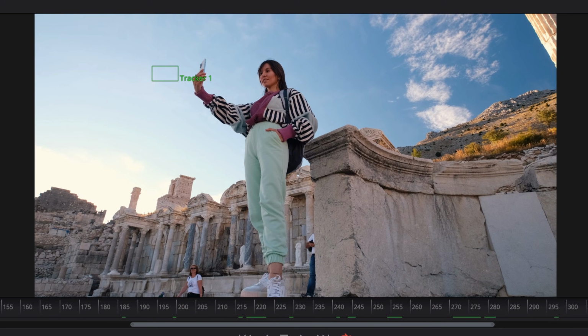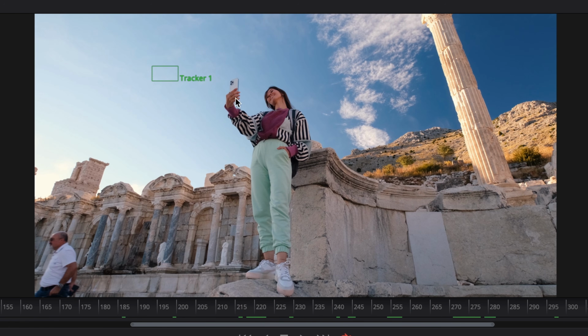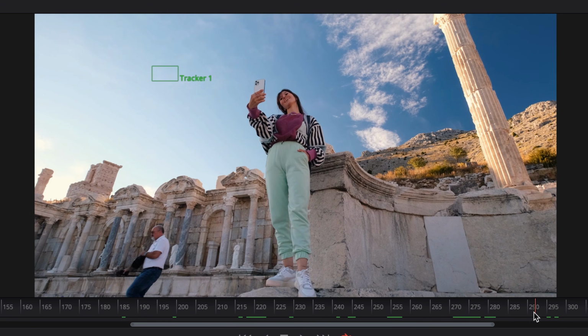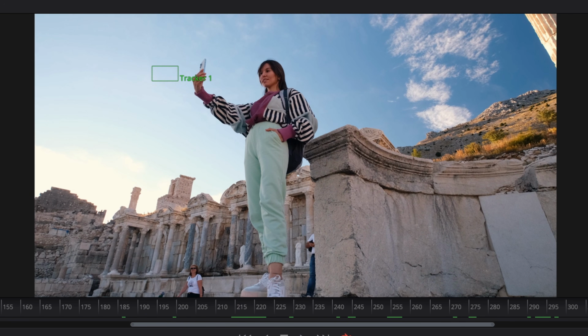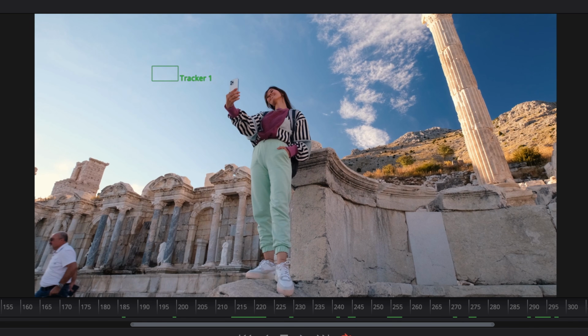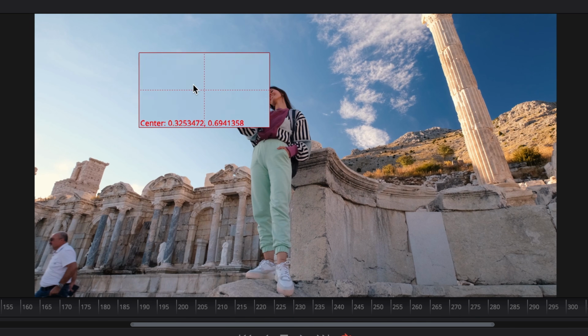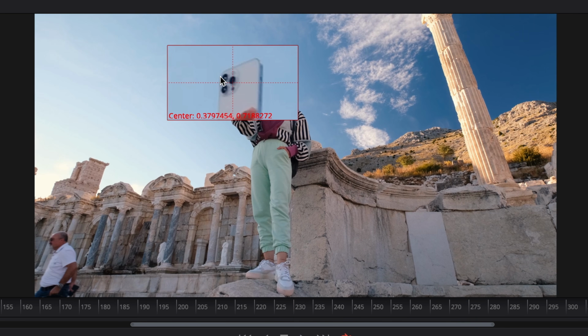So I think with the end frame here, it's probably best if we track the little cameras on her phone here. It's pretty visible the whole way throughout, and if you go to the front as well, it's still visible there. So I'm going to go to the very end frame. I'm going to grab the little box over here, and you can see now I've got my crosshairs. I can drop that right there.